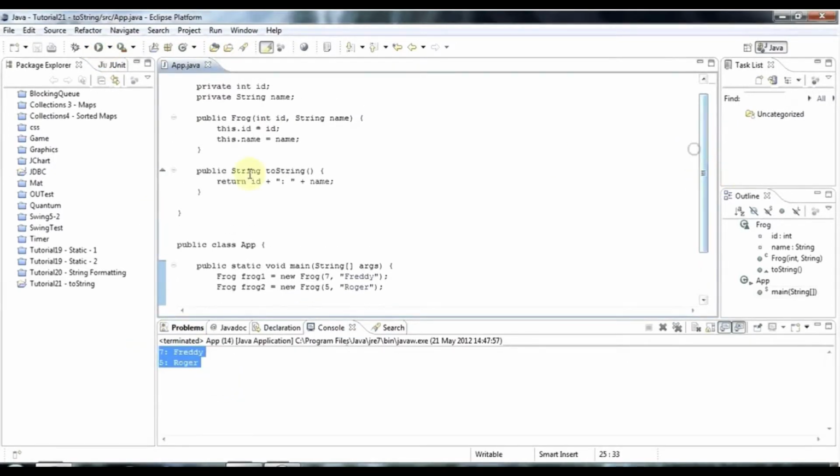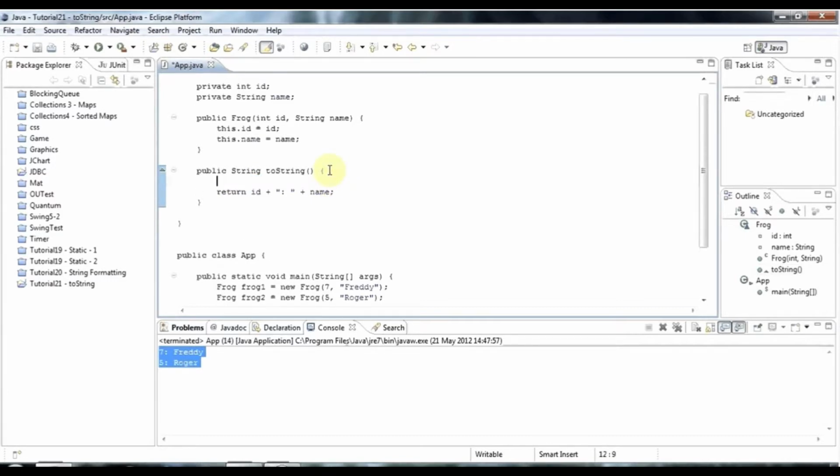Now there's nothing wrong really with this, it's just that it's a little bit inefficient, because you've got a string object here and a string object here as well, and this is getting wrapped in an Integer, a non-primitive integer type class, and then converted to a string, and then you're concatenating all those strings together and turning them into a new string. So there's a lot of string objects flying about,